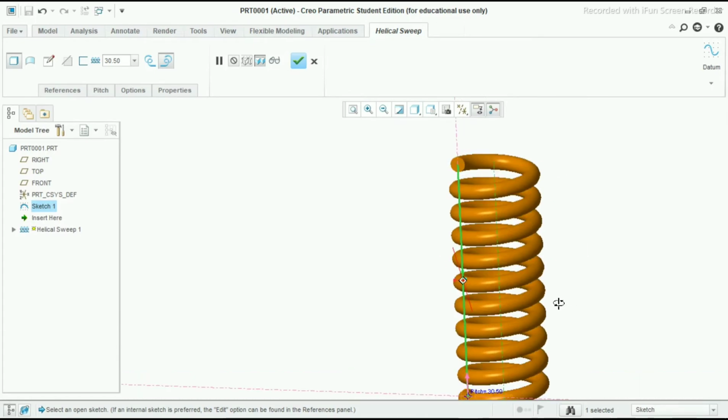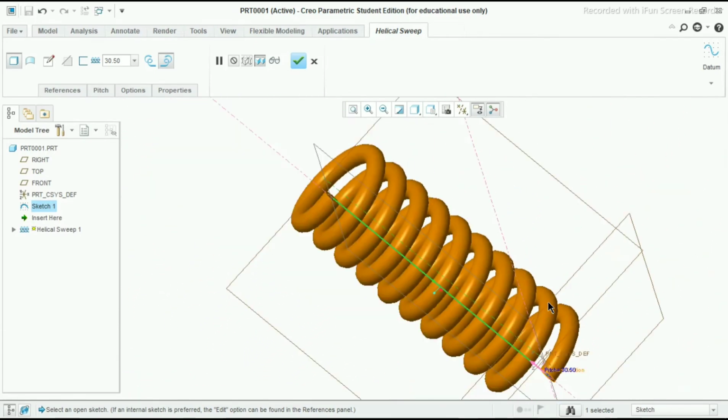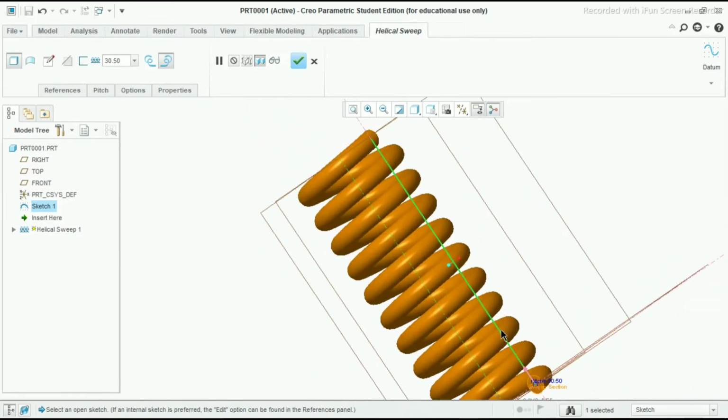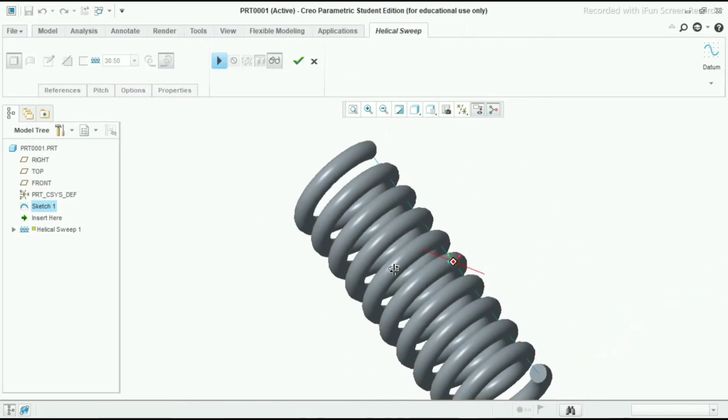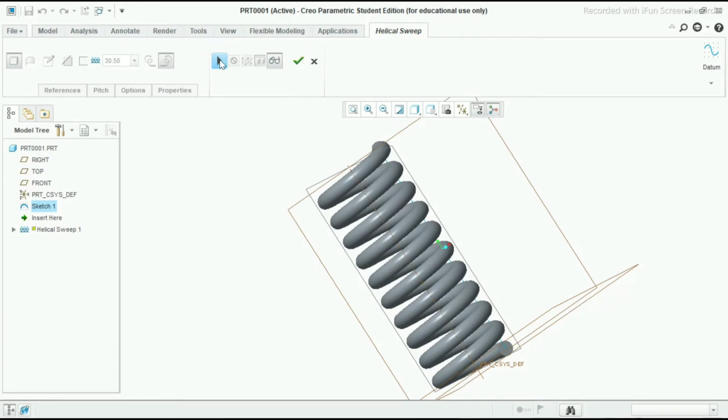As you can see here our spring has been created. This is the preview of it. Pitch is also given here. You can see the preview of it by clicking on this icon. Exit and finally click OK.